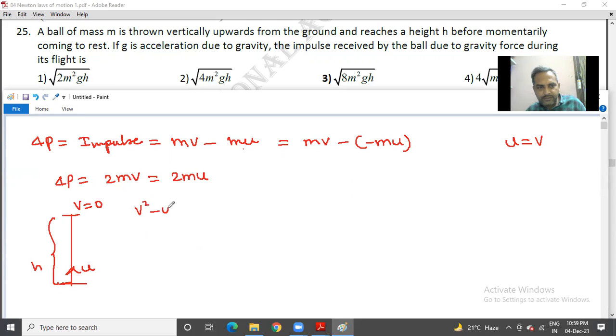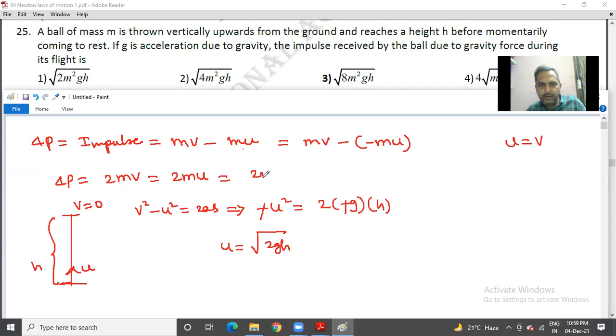Making use of v square minus u square equal to 2as, 0 minus u square equals 2 into minus g and h. So minus minus get cancelled. u is equal to root 2gh. So let us substitute here 2m